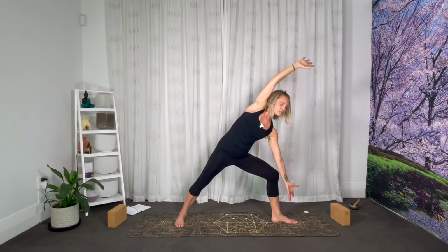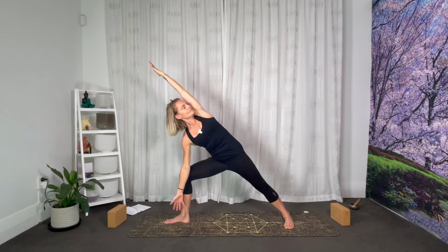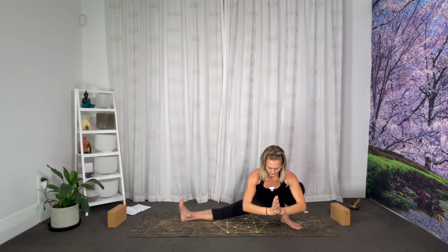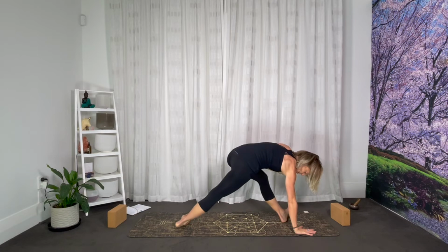And then from here, reach up and over, right side extended side angle, so going to the top of your mat. And now belly button spinning towards the left. And then up and over, turn the left toes, Skandasana, back of the mat. Keep spiraling to the left, plant your right hand, spin to the outside of the right foot and toe heel